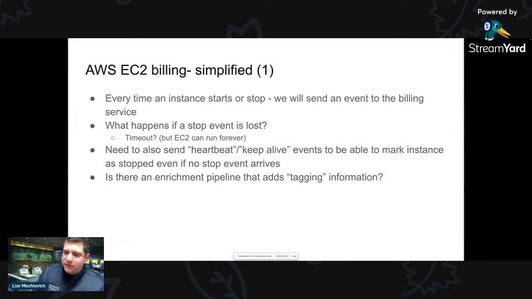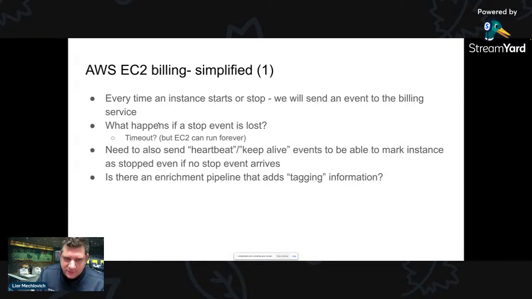Okay, so this is how the infrastructure is going to work. Every time an EC2 instance starts or stops, we will send an event to the billing service, right? That sounds simple. We want to send start, send stop, and we'll need to understand every time how much time this has been up and charge accordingly, right? You have a big table of how much the price is. You have start and stop. Sounds pretty simple, right? Of course, there's complications, like what happens if you lose a stop event, for example. If I only send a start, but you lose a stop event, hey, I'm going to charge this customer forever.